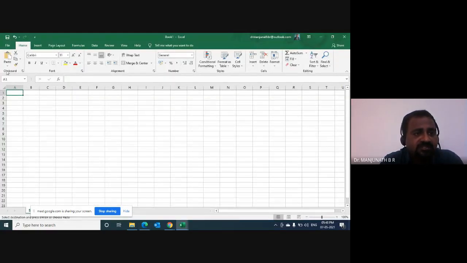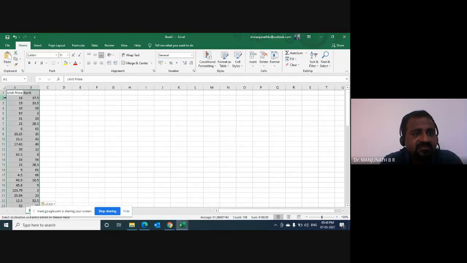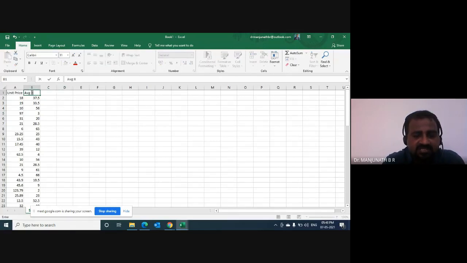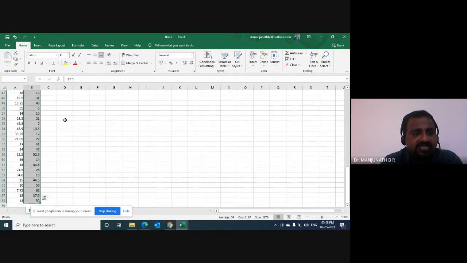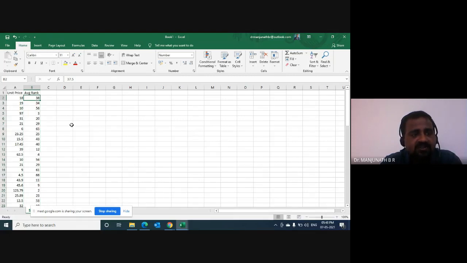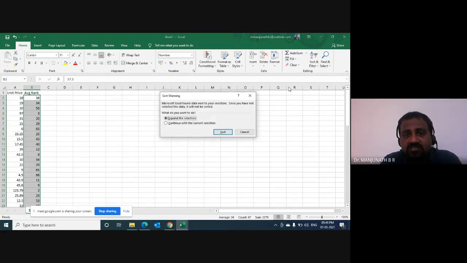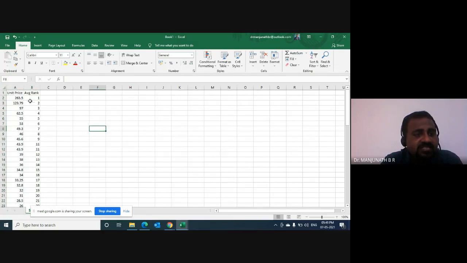I'll do a paste special values here. Just for the comparison, this is the average rank. Now for ranks, I don't want the decimals, so I select it and from the Home tab, I decrease the decimal and make a rounding off. I'll select the entire column here. You're just seeing, you're not doing anything. Then I filter it from smallest to largest. And now you can see the average rank, which has 1, 2, 3, 4 in a similar way till 67.